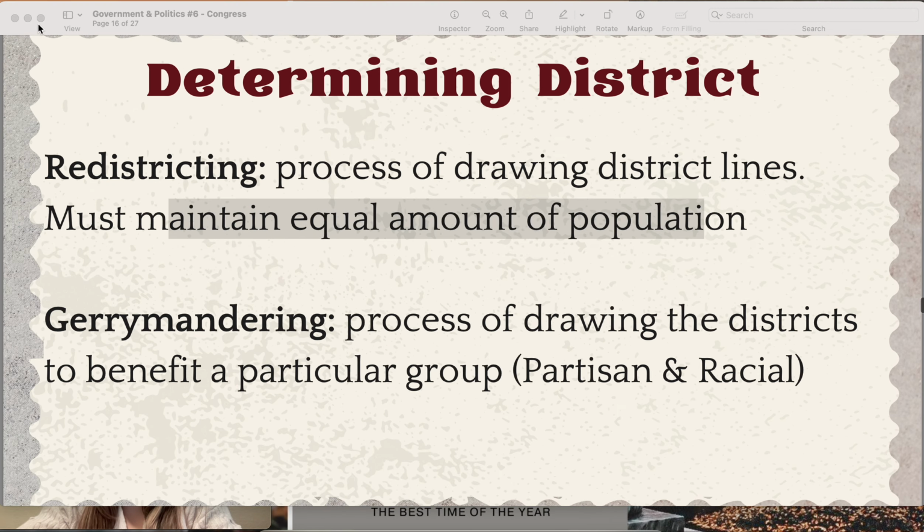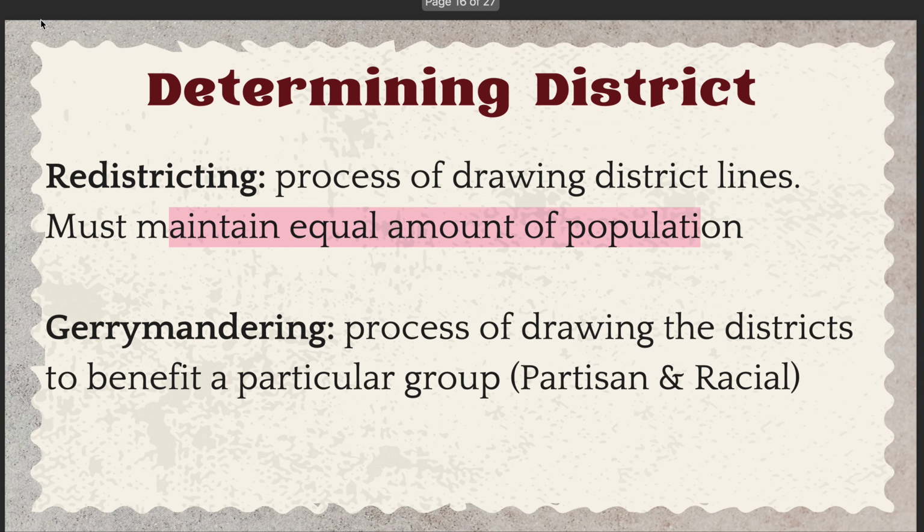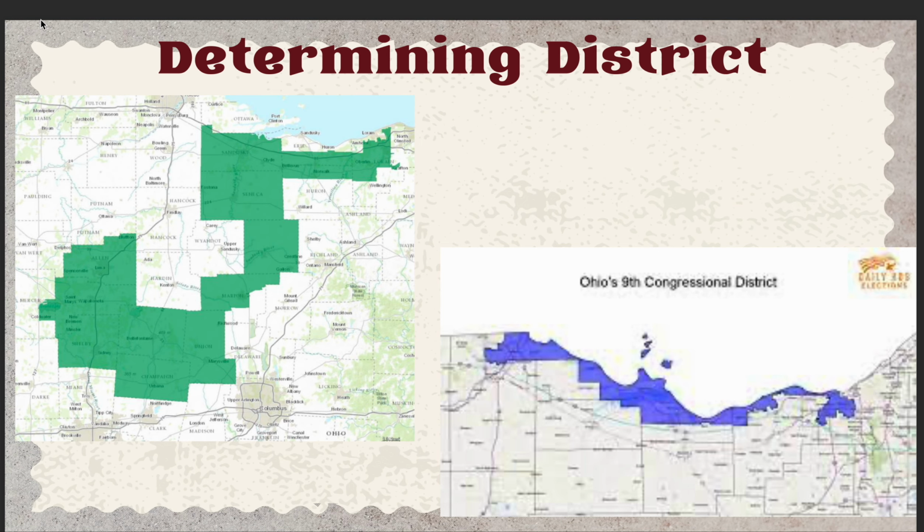The other idea here is gerrymandering, which is the process of drawing districts to benefit a particular group, often based on partisanship or racial lines. So it looks like this. These are Ohio districts. And what happens is you can break it up in two ways by partisanship. The first is this little section over here